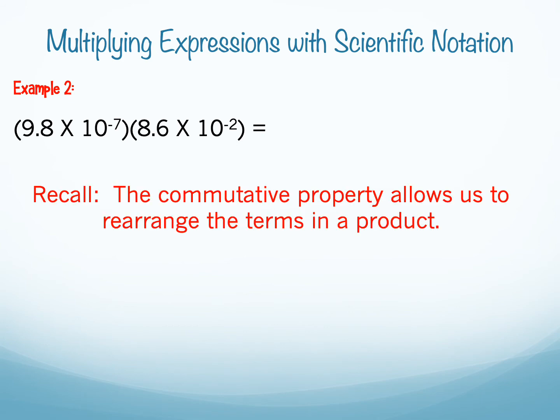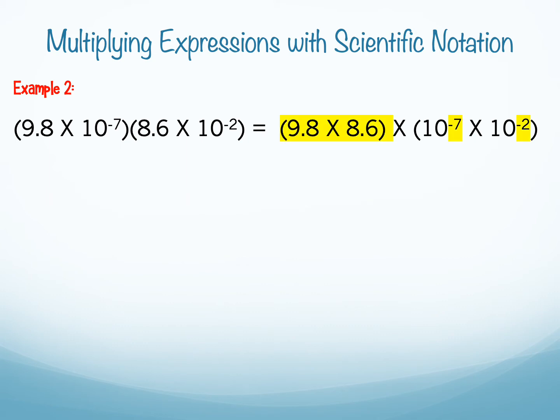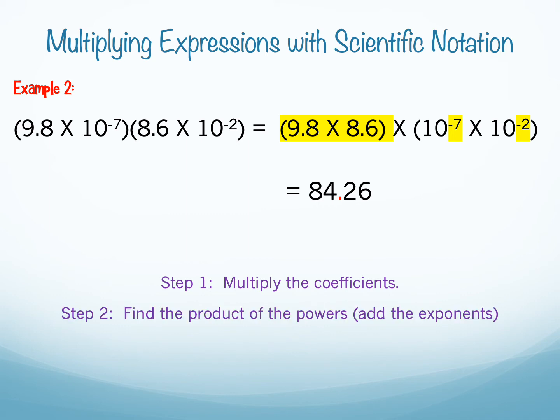We'll start by rearranging the terms in the product. We'll start by putting the coefficients with the coefficients and the exponential terms together. We'll start first to multiply the coefficients. 9.8 times 8.6 is 84.26. Next, we're going to find the product of the powers by adding the exponents, and we get 10 to the